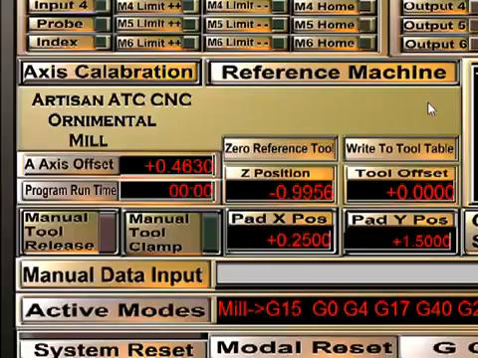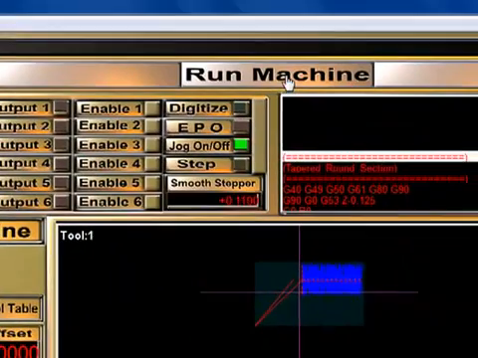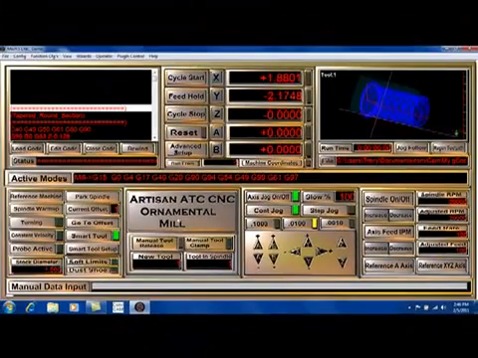That's about all you need to know in this window: the calibration, the A-axis setup, and the Smart Tool setup. To get back to the main screen, we click on Run Machine here at the top, and now we're ready to start cutting parts. In the next video, we'll show you how to set up the machine for turning between centers and also how to set it up for working on flat stock.